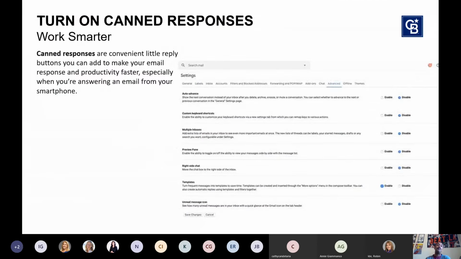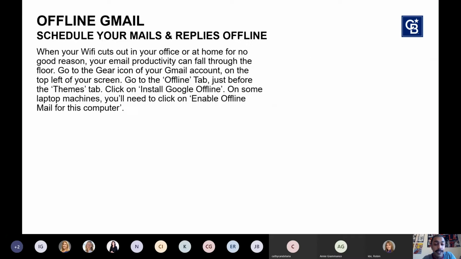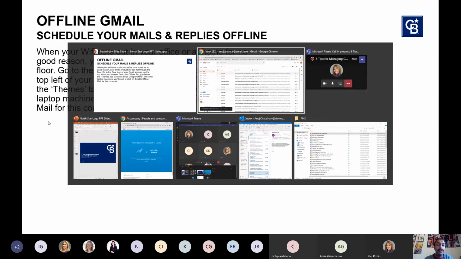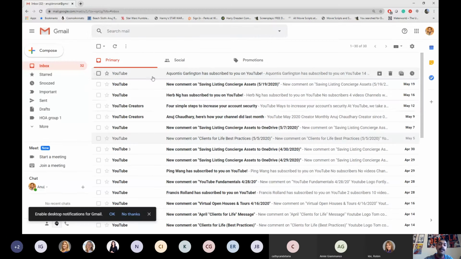Turn on canned responses. So this is one of those work smart, not harder tips that I like to give. The canned response is a convenient little reply, thinking, you know, canned, something that you can pop out and use. These are super handy, especially, like I note, for smartphones, because what you save in the settings and the canned responses on the desktop will also apply and be saved in your phone. So these are super easy to do in this system, and all we have to do is go into our settings,